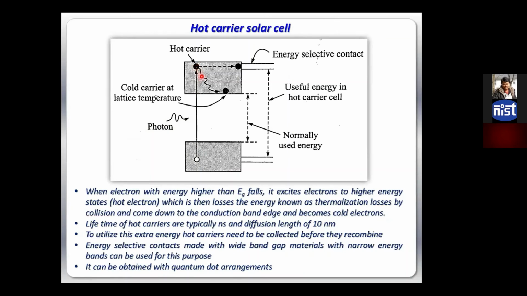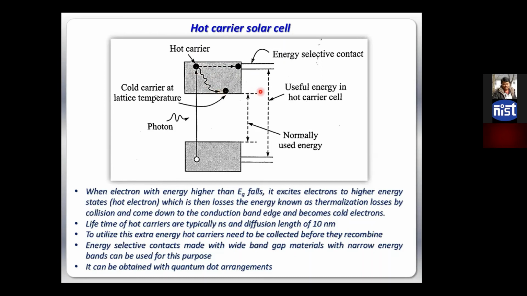Now this carrier gets some opportunity to come down and release this energy, right? What if we don't give them this opportunity to come down? What if we have an arrangement such that even at the higher energy state of the conduction band, we have some contacts, some metal electrodes that, from the high state itself, can take out the hot carrier? Then this loss will no longer be a loss, right? We will take out the electrons in terms of their own energy state. If it is in the higher states, it is extracted from those energy states only. It does not have to lose its energy and come back to the conduction band edge, right?